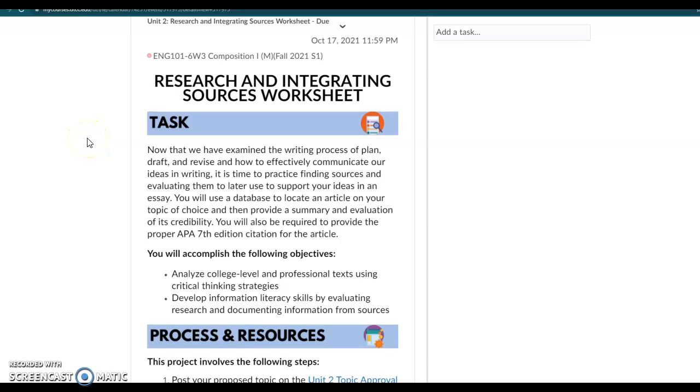Hi, everybody. So I wanted to talk a little bit about the Research and Integrating Sources worksheet that we are going to be working on. So basically, this assignment, this Research and Integrating Sources worksheet that's going to be due on Sunday the 17th, this is